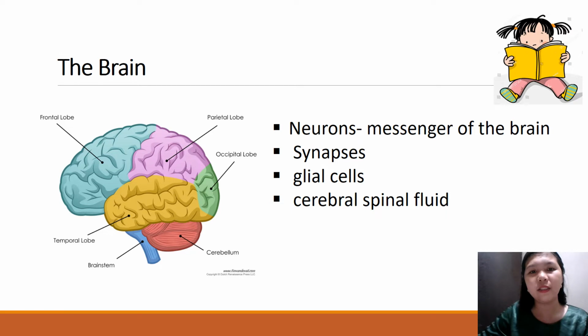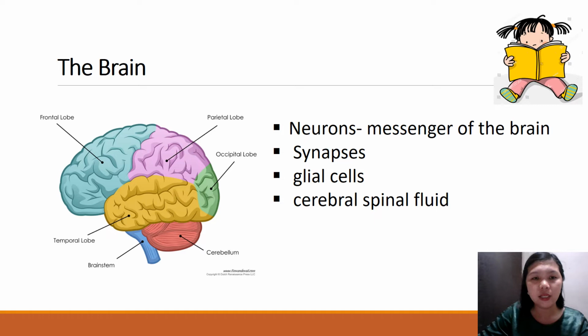Next is the brain. Our brain is a complex organ that controls our thought, memory, emotion, touch, motor skills, vision, breathing, temperature, hunger, and every process that regulates our body. Unlike any other part of your body, everything you do, feel, think, involves many areas of it. Do you know that when you blink, many parts of our brain jump into action? So this is the illustration of our brain